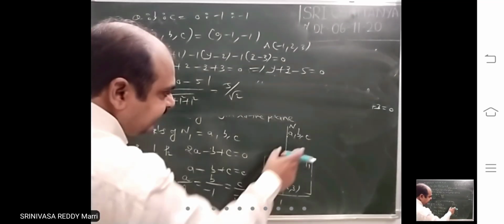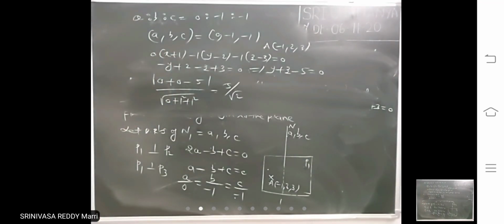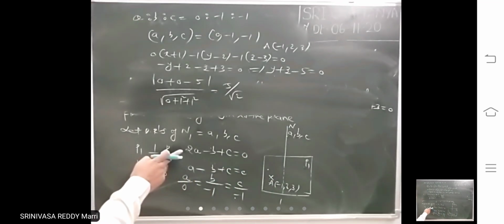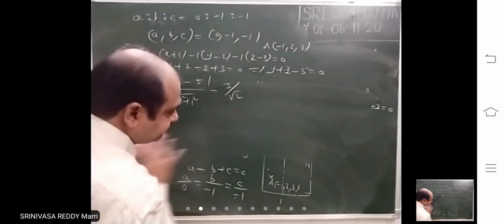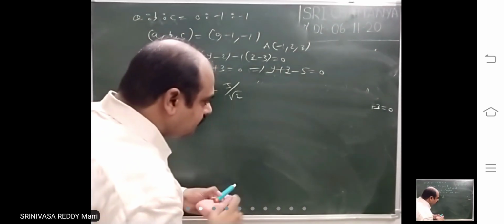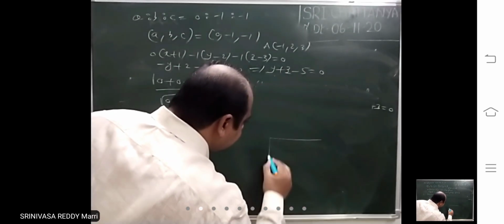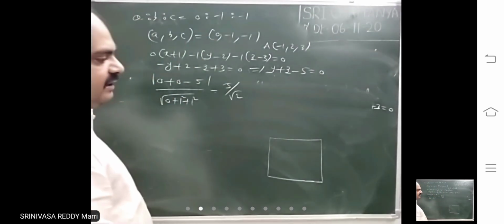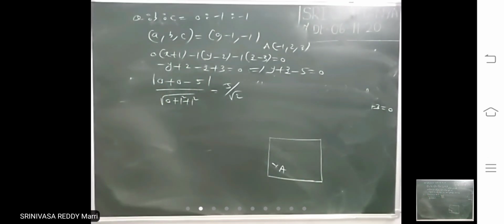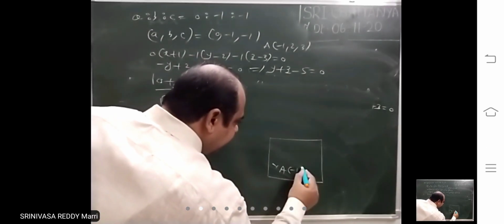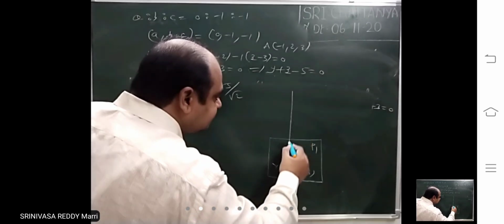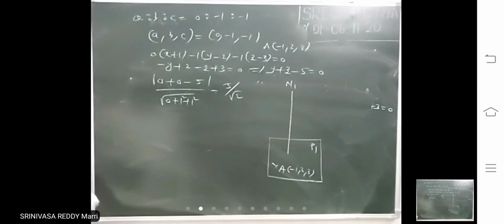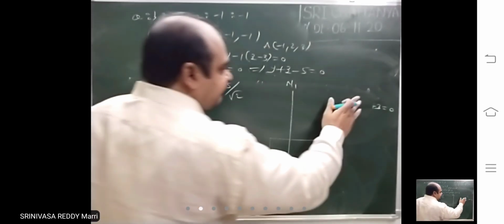Look at, for finding DRs, another method is there. I will tell, last 2 minutes. For finding DRs, we have calculated by applying perpendicularity conditions. Without doing that, there is another method. Look at, plane 1 is there. This is passing through A, minus 1, comma 2, comma 3. This is plane 1. So let us say this is normal 1. We have to find a vector along that normal.